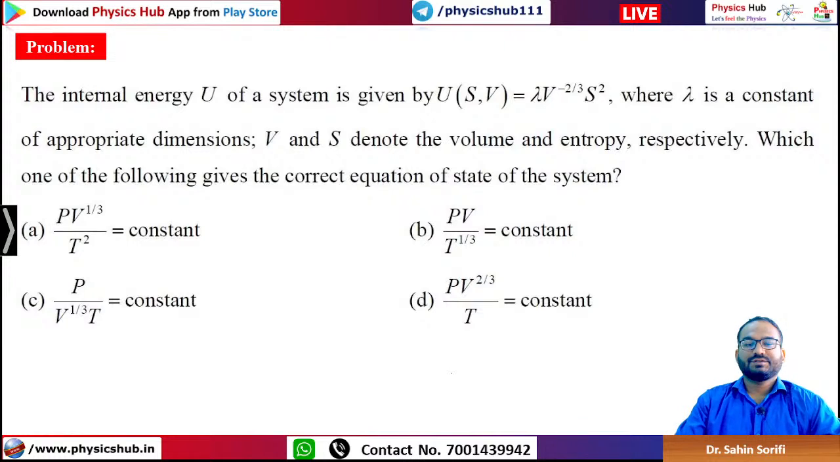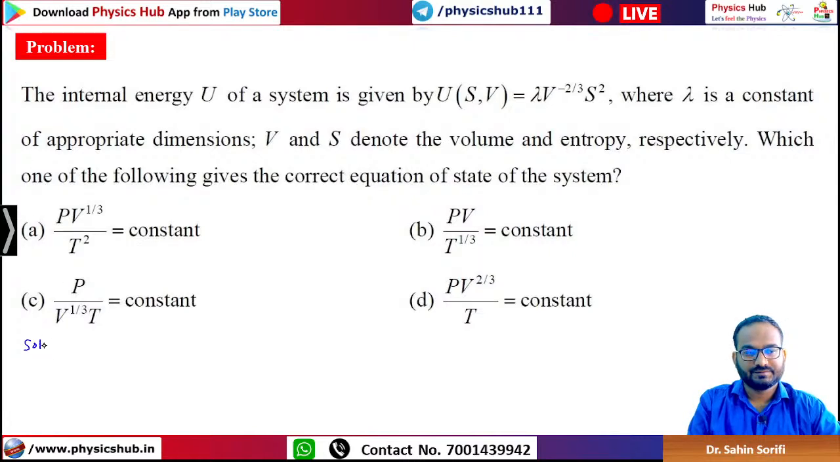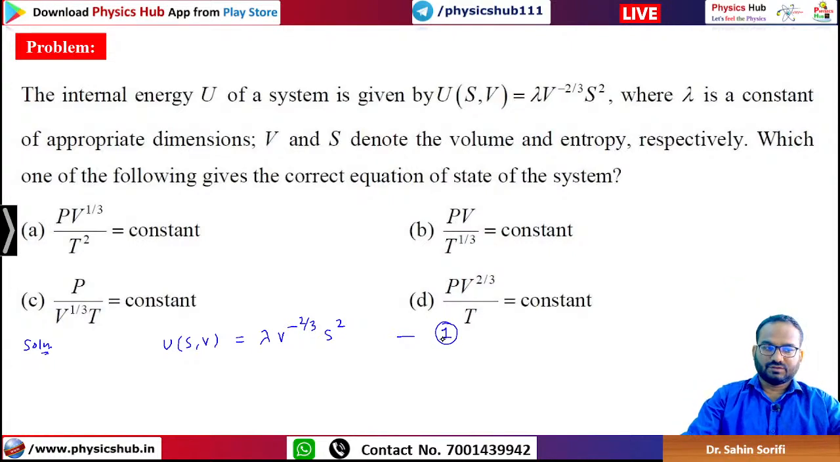Okay, let's try to do this problem. What is given to us? The internal energy U is given to be a function of S and V: U = lambda V to the power minus 2/3 S square. So this is equation number 1. Now we can use the combined form of the first law and second law of thermodynamics to find the equation